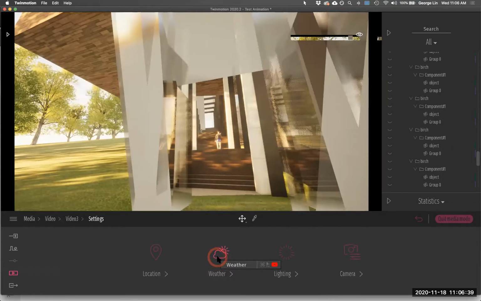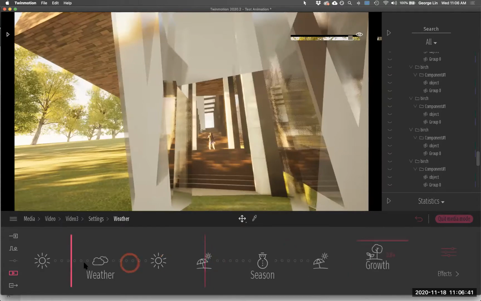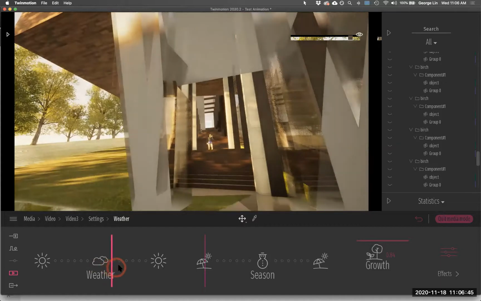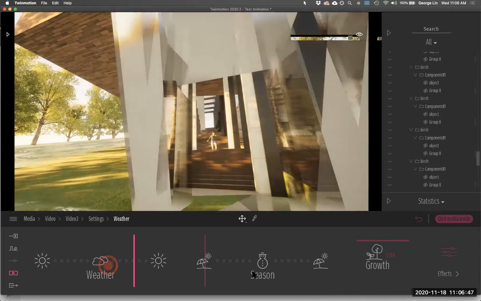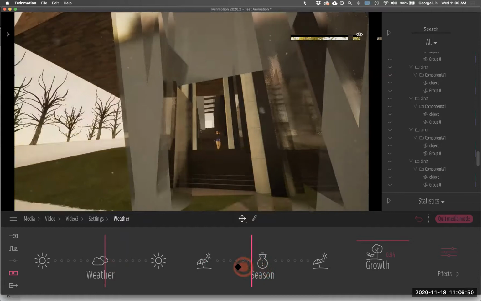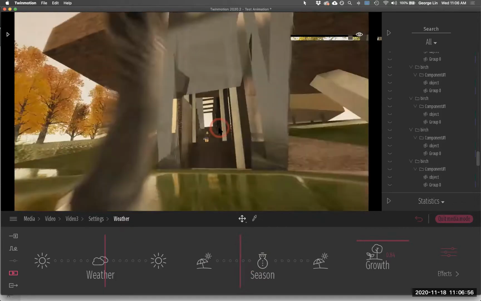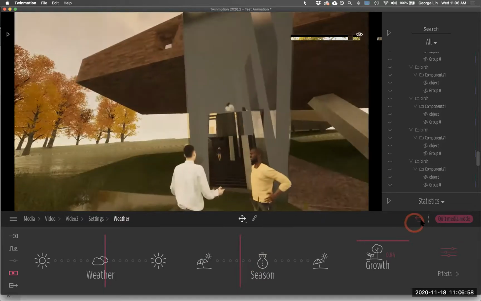This frame right here, I change it to bad weather, like raining. I know it doesn't snow in California, so we can't really do crazy stuff like snow. But let's just say I change it to rain on this particular